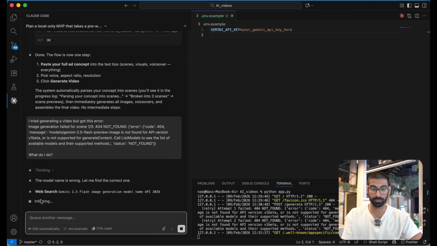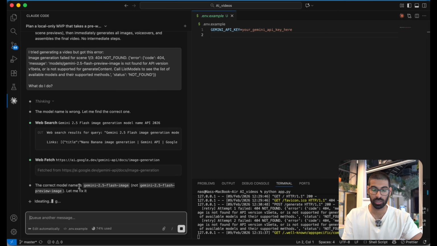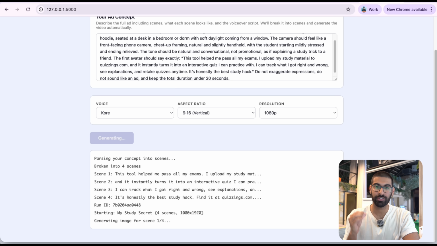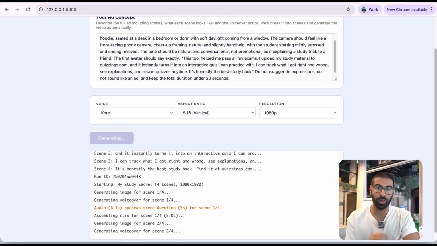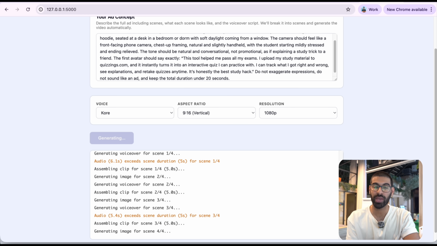And in no time, it's going to give me another recommendation. And once I've accepted those recommendations, I can then open it again and run it. Here we have the very first product working within 10 minutes. All I had to do was write a prompt, accept a couple of recommendations, and we have a product